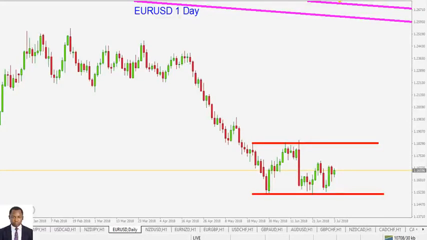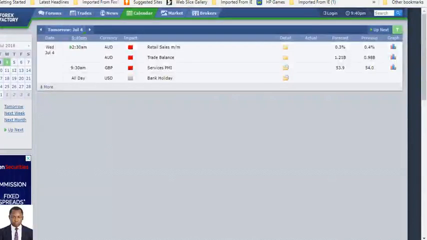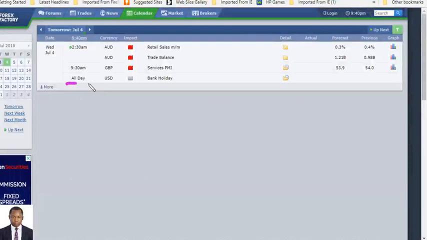Okay, before we begin this market analysis, let's look into the Forex Factory or the Forex economic calendar to see those high impact news announcements that are scheduled for tomorrow. Well, worst of it is that we have a bank holiday coming from the American dollar axis. Whenever you have a bank holiday coming, especially from America, that tends to affect the entire market. Things tend to go slower. So tomorrow might be a more quiet day because of this bank holiday coming from America.